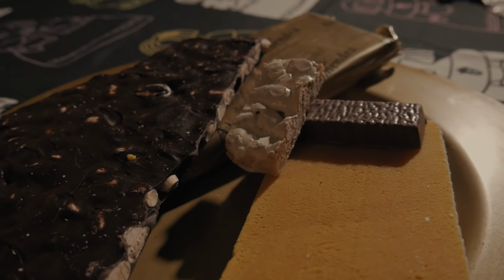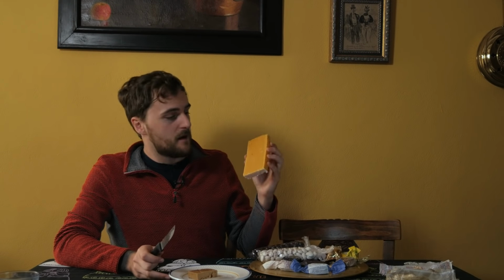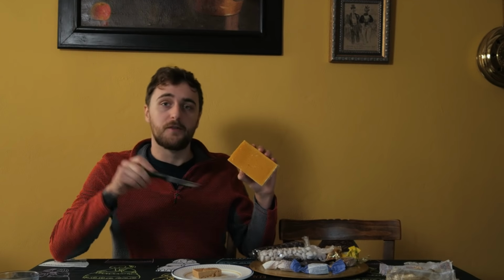Straight away, I can feel it's very clingy to the teeth, a lot sweeter than I first imagined, and the crunch of the almond. Very nice. By all means, I'm not a food connoisseur. I don't know if you realise that already, but turrón blando, very, very nice. I'm going to take a little slice of this one here. I can't remember right now what this one's called, but...